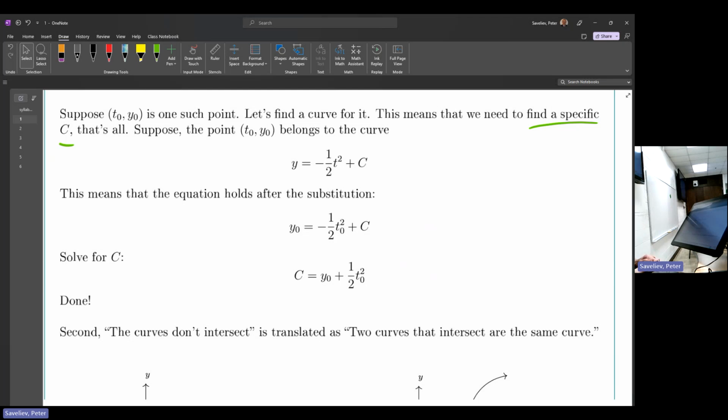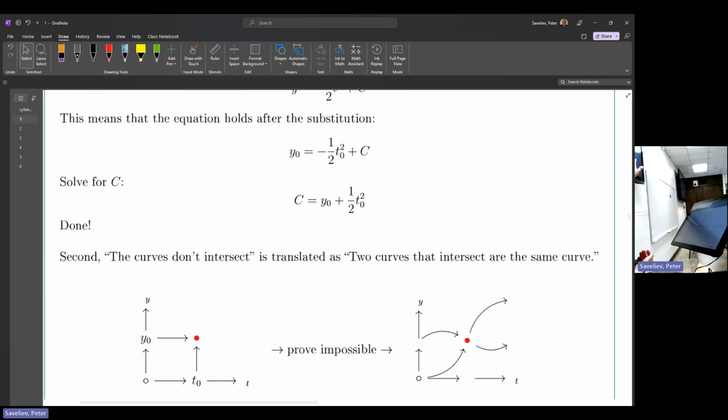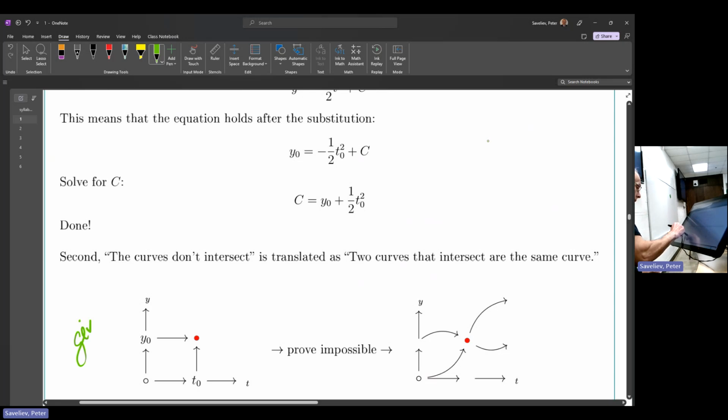So two curves that intersect are the same curve. That's another way to put it. So once again, there's a point, t naught, y naught, and then we imagine that there are two curves passing through it. We have to demonstrate that that picture on the right is impossible. Okay, so once again, this is given, an arbitrary point. We're dealing with all points at the same time. Okay, and then we have to demonstrate that they cannot